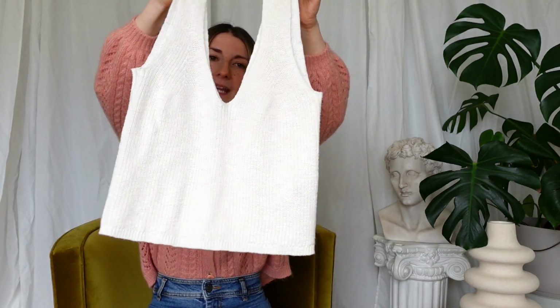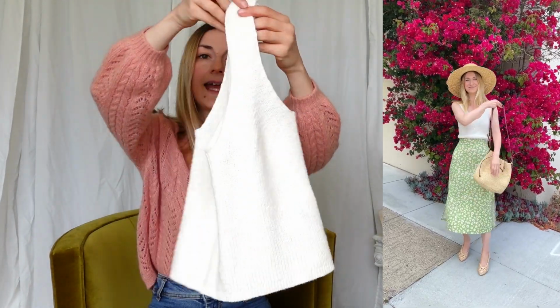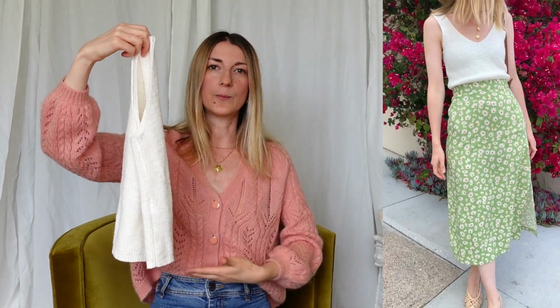This knit top by Madewell, it's 100% cotton. It's a deep V-neck and V-back. It's slightly cropped, which is perfect for summer. You don't have to tuck it all the way. It kind of lays right on the border where your high-waisted shorts and skirt start, which means less sweat,